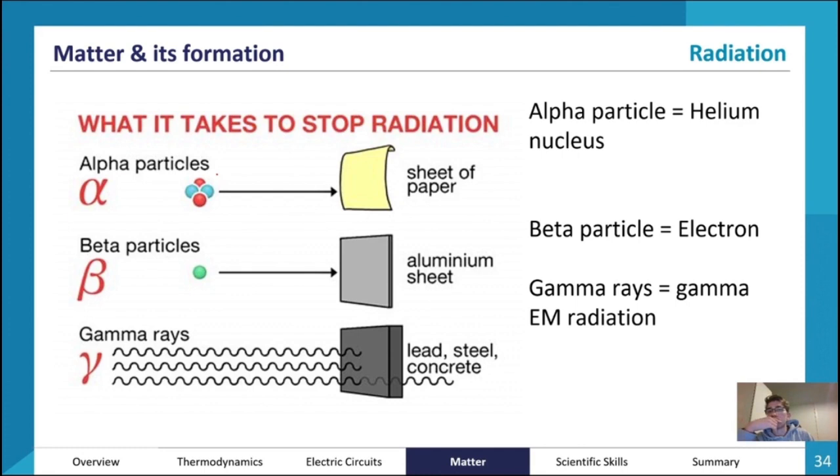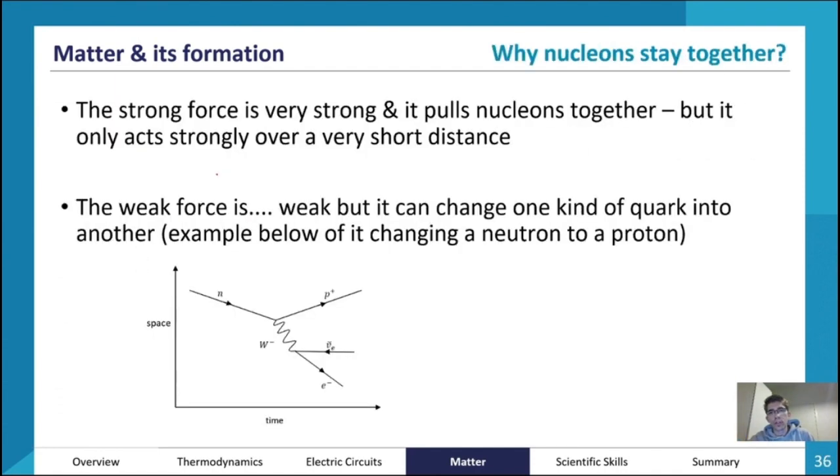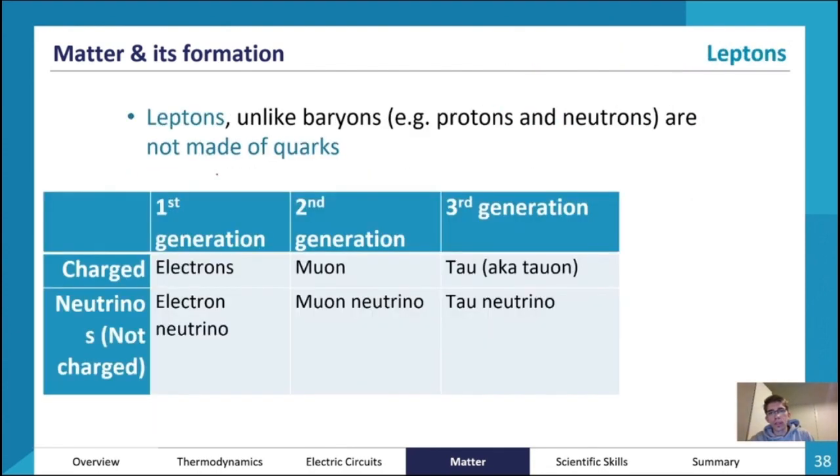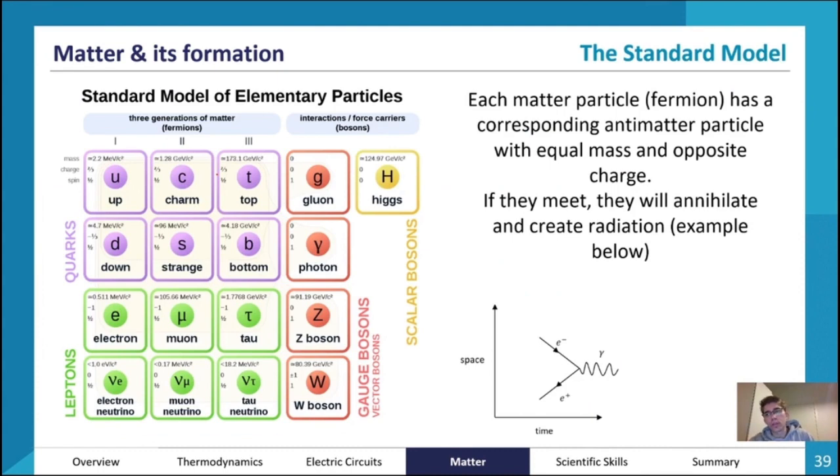Alpha particles are the same as a helium nucleus. A beta particle is similar to an electron. And gamma rays refer to electromagnetic radiation. I'm going to come back to that. But basically, what you will learn more eventually is that